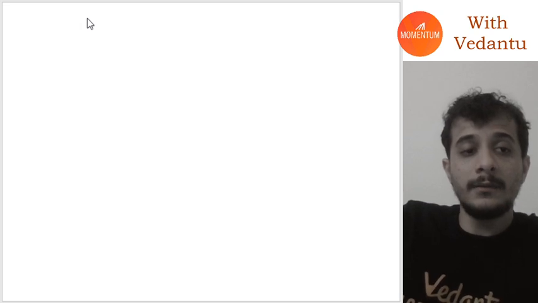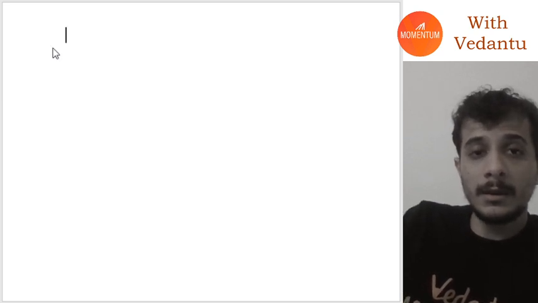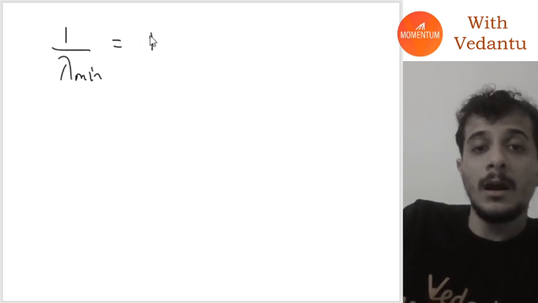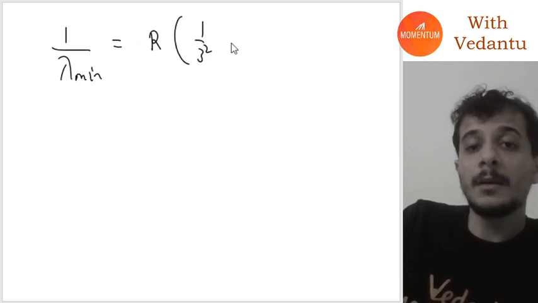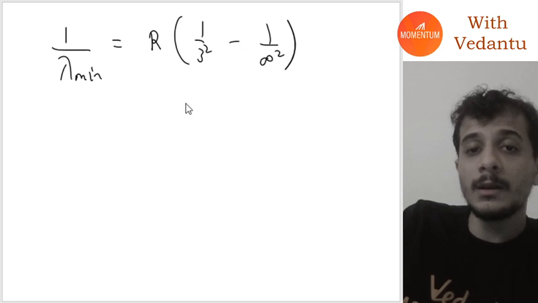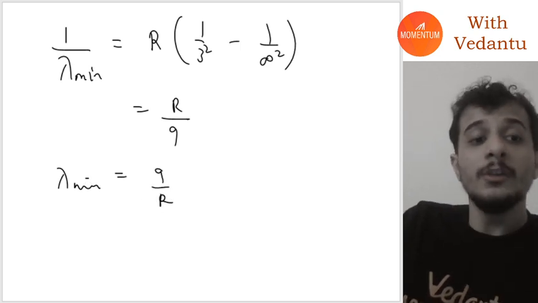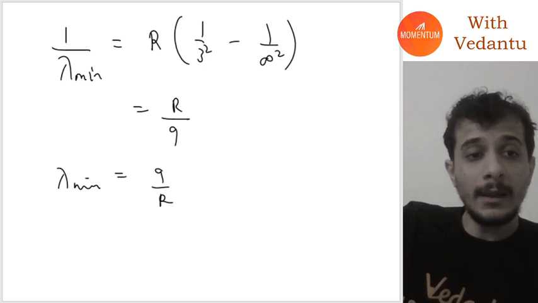Now, similarly, if I try to find out lambda minimum, I can write 1 by lambda minimum will be nothing but R into 1 by 3 square minus 1 by infinity square. That will just be R by 9, or lambda minimum is equal to 9 by R. So in this case also I can calculate